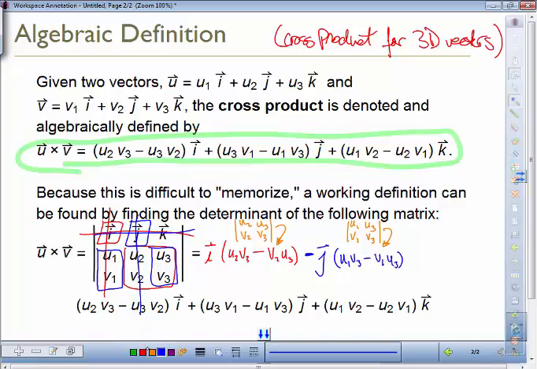Now on to our last expansion. We're on the K. So this went from positive to negative, and then we're going to go back to positive. And then we're looking at the K component. Cross out that first row and that K column. And what you have left is a submatrix,